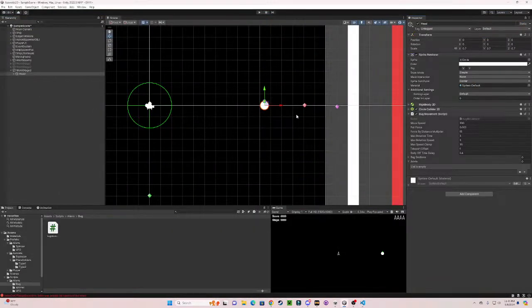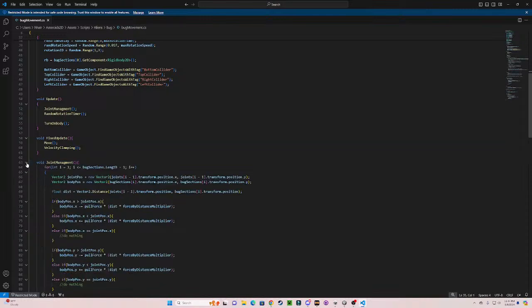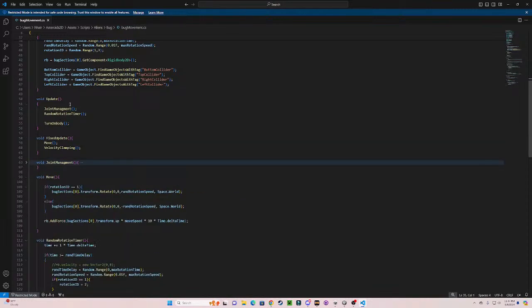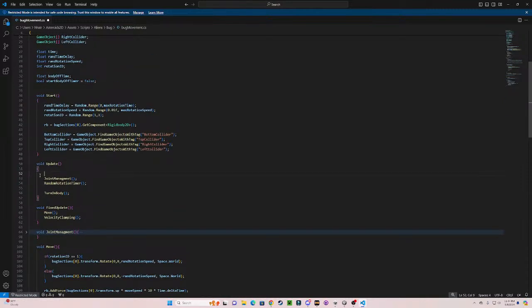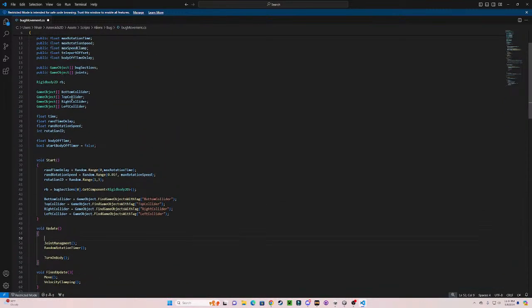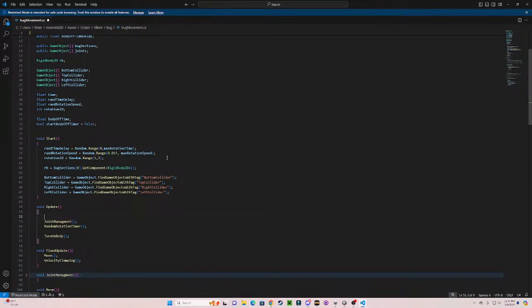We could also just add invisible joints that aren't actually there and don't do anything. They're just to fill that, so we don't have to deal with that error, which is kind of a lazy way to do it. I mean, either way, it works. So let's actually just think about this. In our joint management here, we want to check if our bug sections and joint array is null, and if they are, then don't do that. So if bug sections